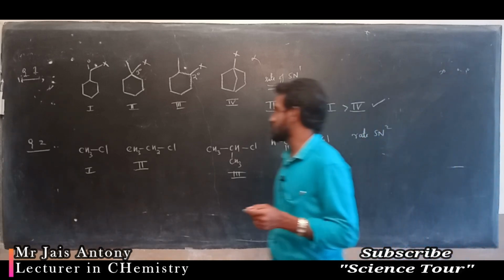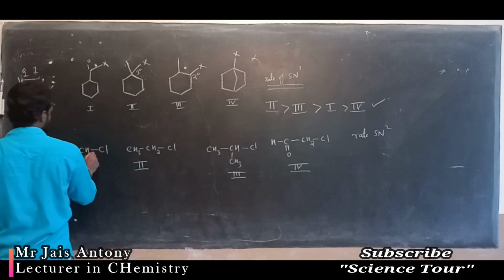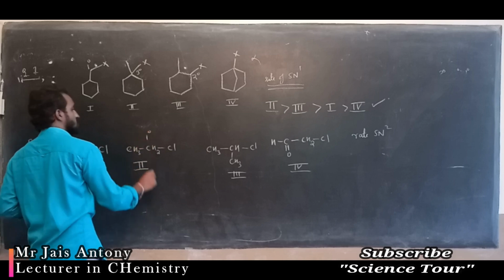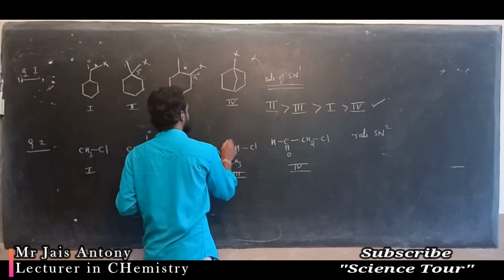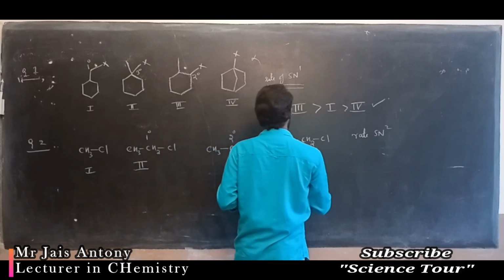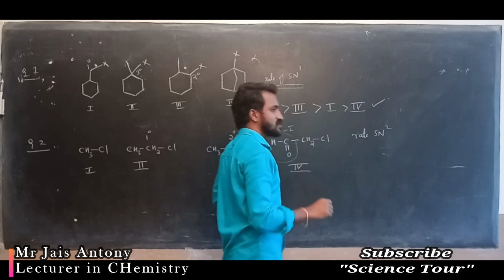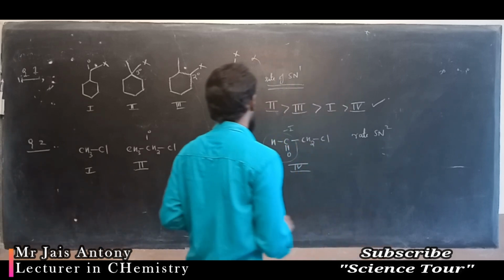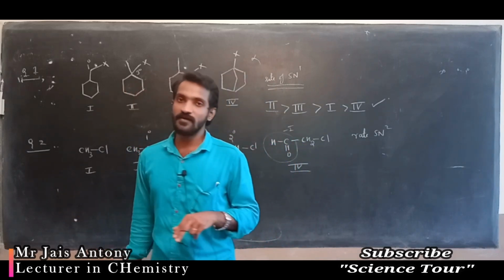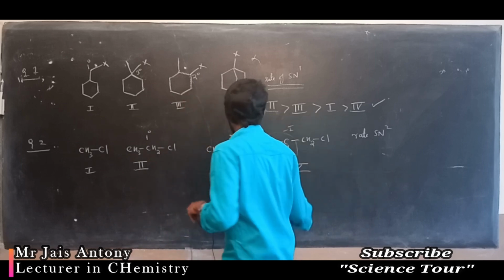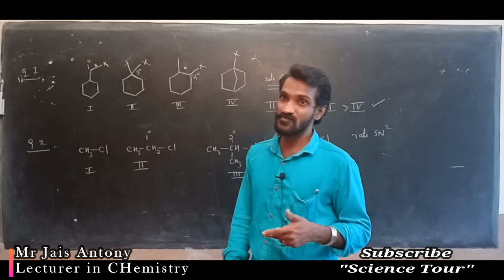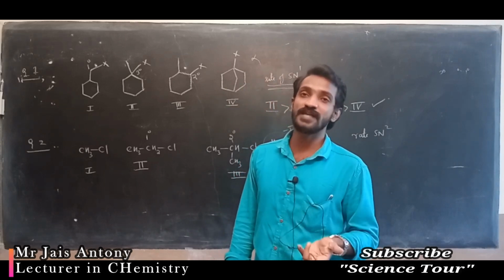Understood? Very simple actually. Okay, here this is not a primary, but here this is a halogen-attached primary. Here the halogen-attached carbon is attached to two different carbons, secondary. Here halogen is attached to an electron withdrawing group, that means the minus I effect is more. CHO, an aldehyde, is an electron withdrawing group. So for rate of SN2, normally we know the order primary, secondary, tertiary. But in this case, instead of primary, the electron withdrawing group is there, the minus I effect is more, meaning more stability, more SN2.